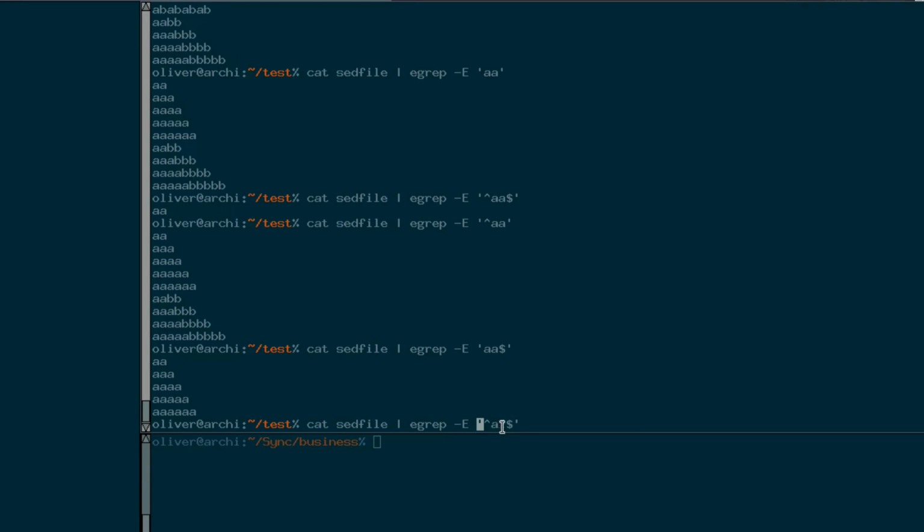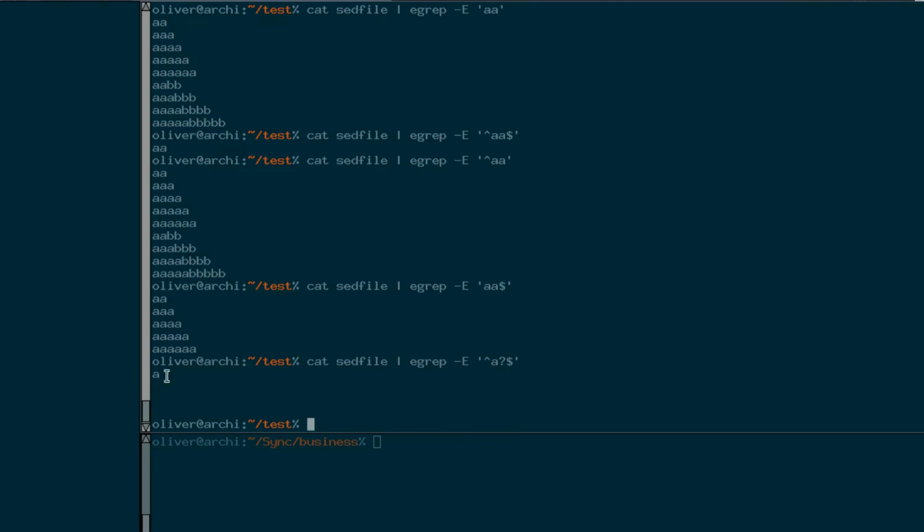The question mark quantifier tells the regular expression, hey, this A can be there or cannot be there. So it's making this A optional. In this combination it's quite useless because